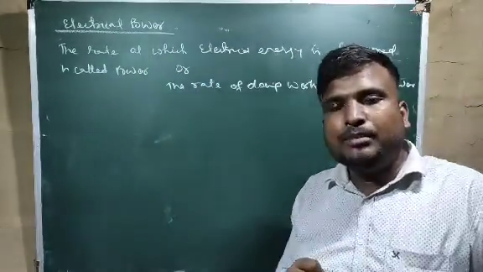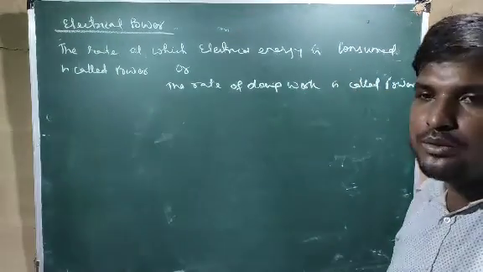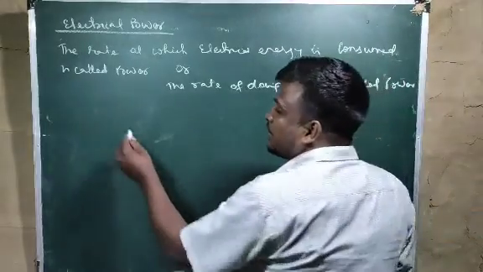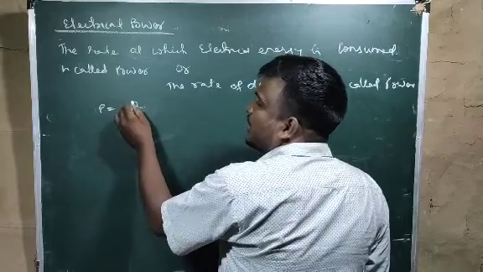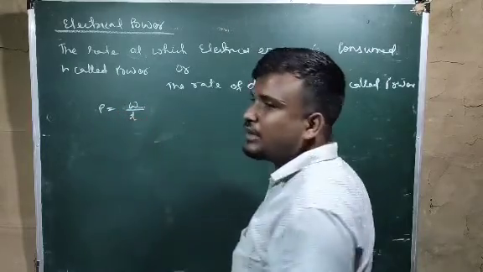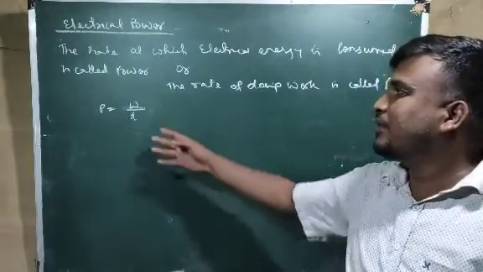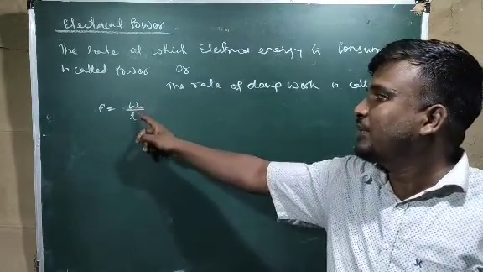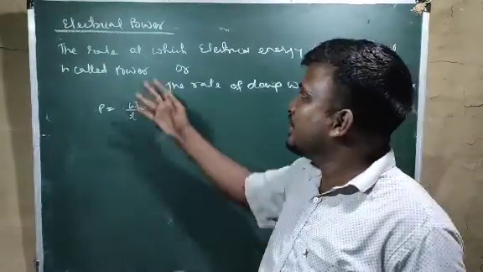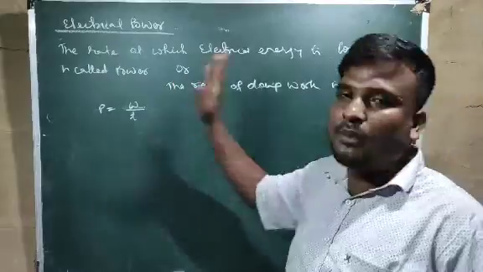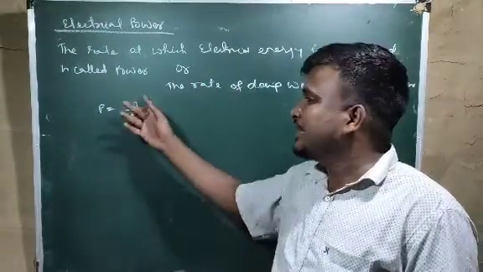Now what is the meaning of power? Power is defined as the rate of doing work. So when we say rate of doing work, that means power is equal to work done by time, because whenever we use the word rate, always below, time will be there. So electrical power is equal to the rate of doing work, W by T. Work is equal to energy, so we can also say the rate at which electrical energy is consumed is called power. So there are two definitions I already told you. P equals W by T.